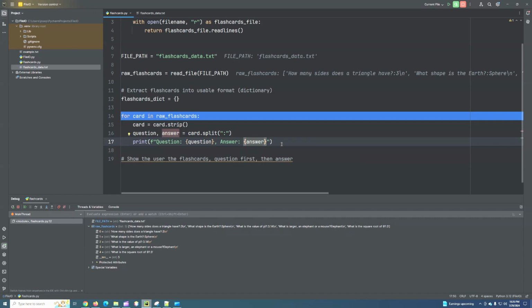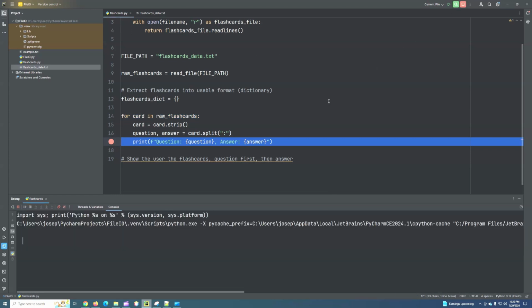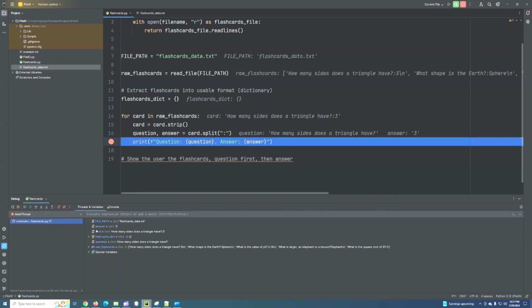All right. Let's even just debug as well. So we have answer is 3, and question is how many sides does a triangle have? And then we see the raw card. So that looks good. And then if we actually continue on,